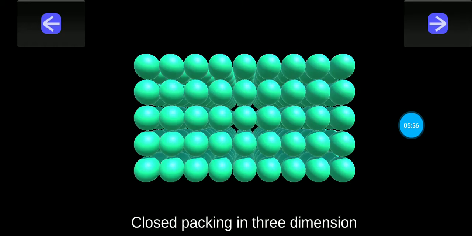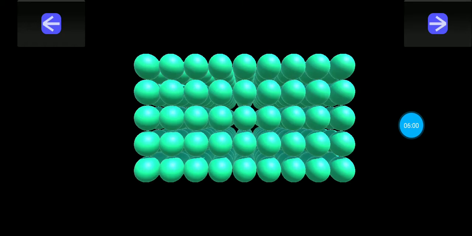Coming to three-dimensional packing. What we are seeing in this diagram is A three-dimensional packing. Why do we call this A three-dimensional packing? Because exactly above the first horizontal set of arrangement of atoms, we have the same kind of next set of horizontal atoms.